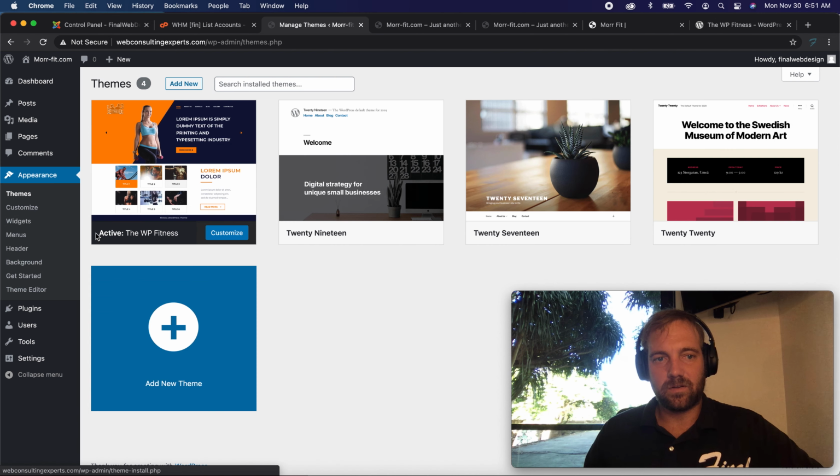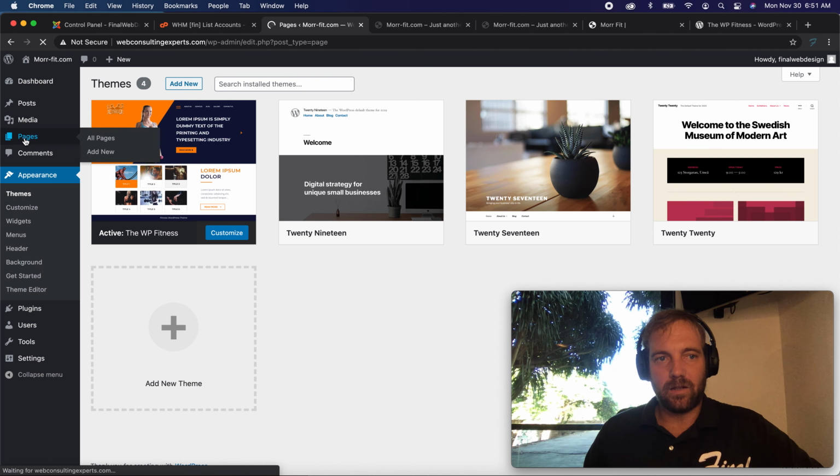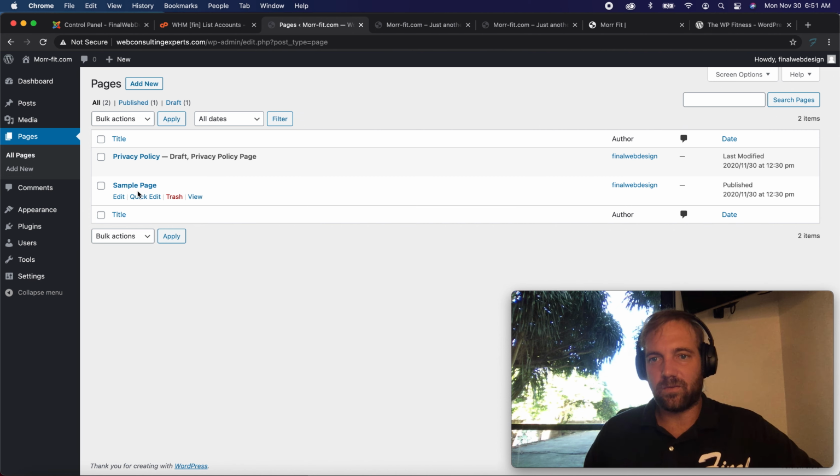So the first thing we'll do is go back and close the theme customization, and we're going to go to the pages section. You'll see here we have the sample page and then a privacy policy, which is basically another sample page. I'm going to start to create separate pages for all those. So we just go to add new,